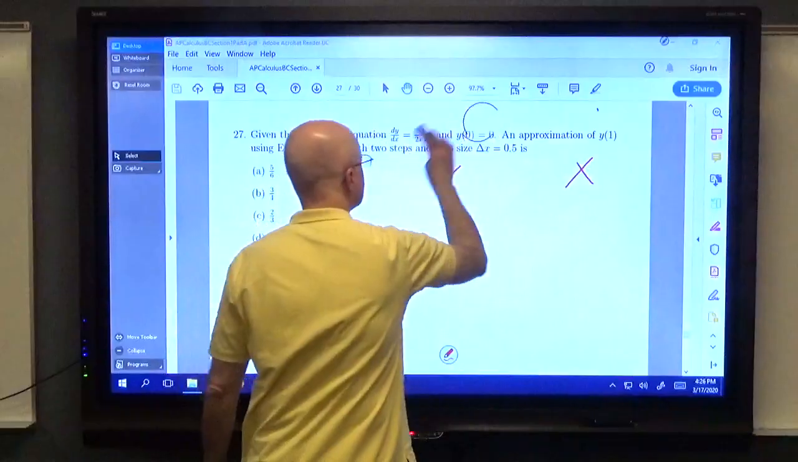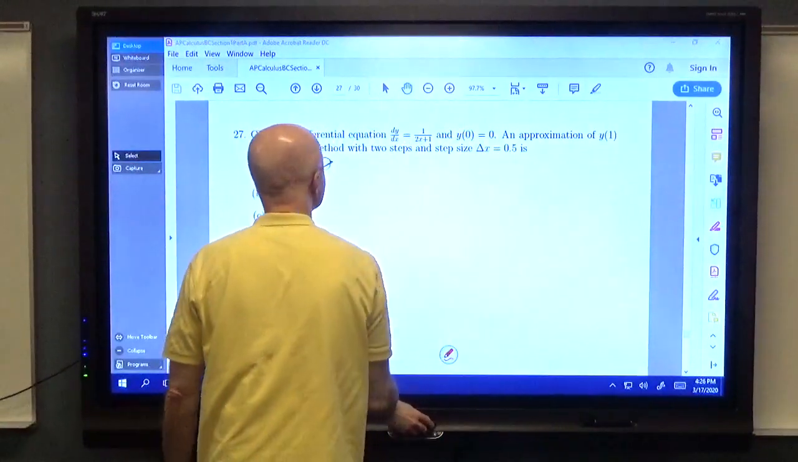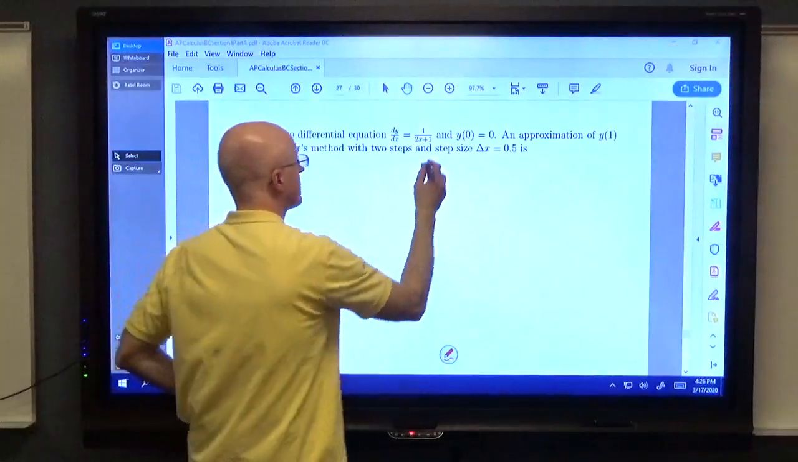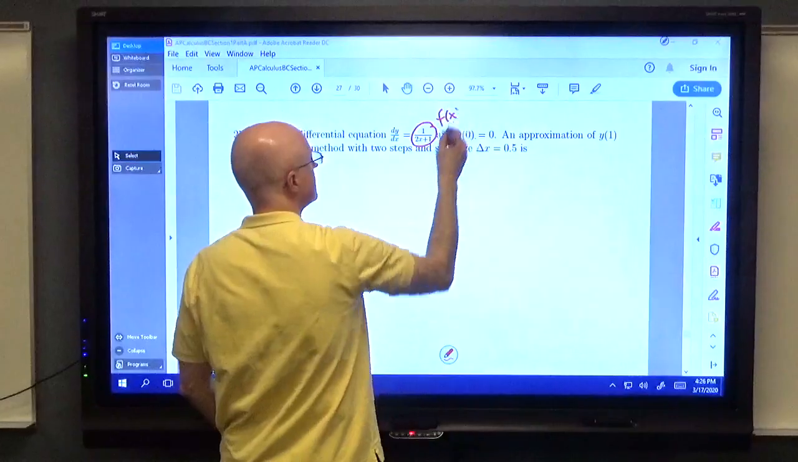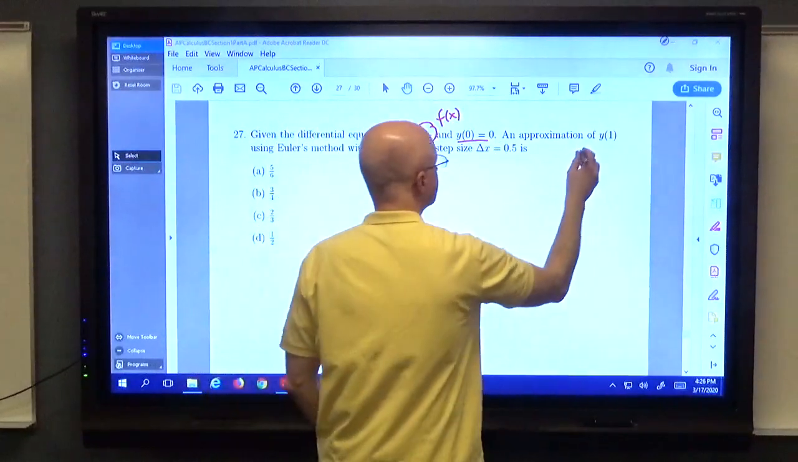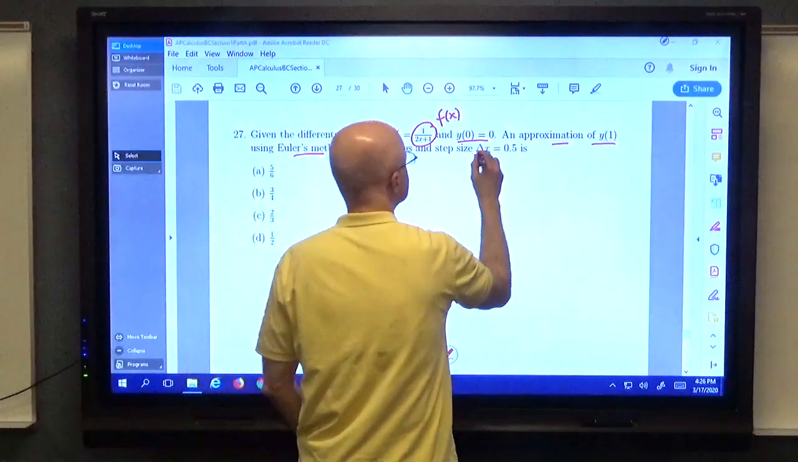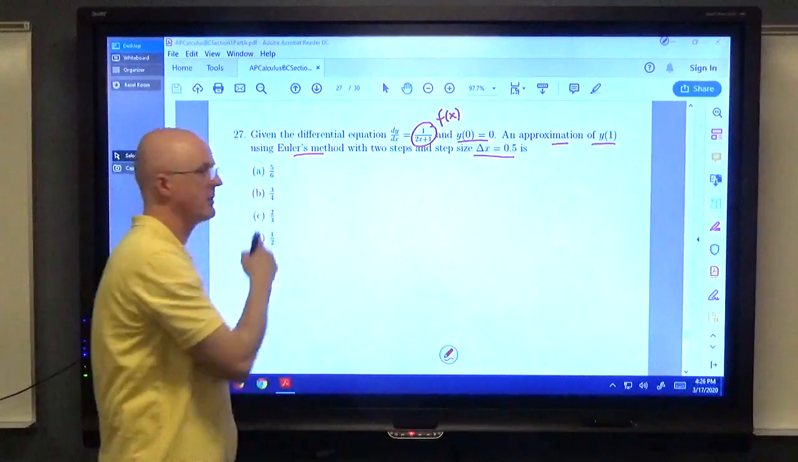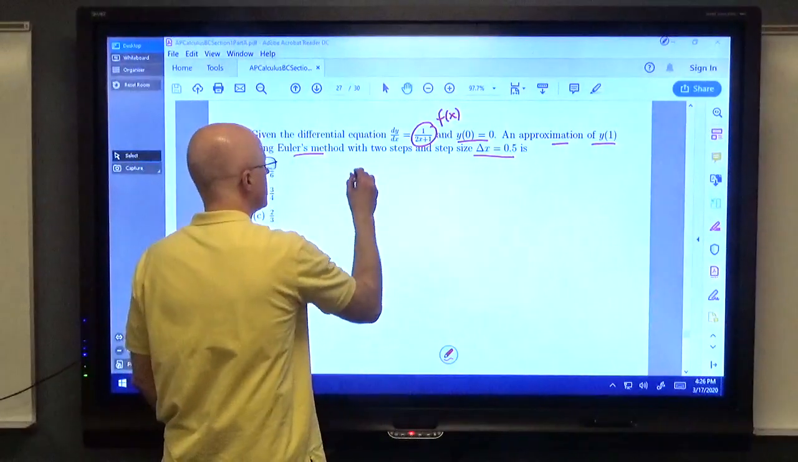Euler's method, which in general could take a lot of work, but this one goes pretty fast. dy dx equals 1 over 2x plus 1. There's your differential equation. Let's call this function f of x. Y of 0 is 0. Find an approximation for y of 1 with Euler's method. Step size 0.5. You do say Euler, by the way, not Euler. Euler's method. The method in general